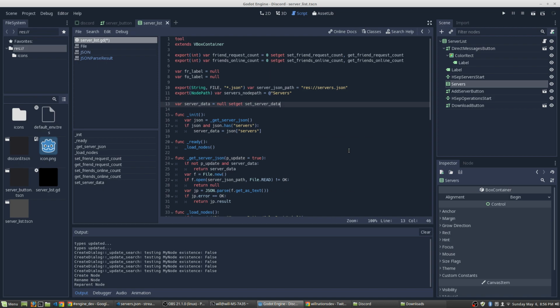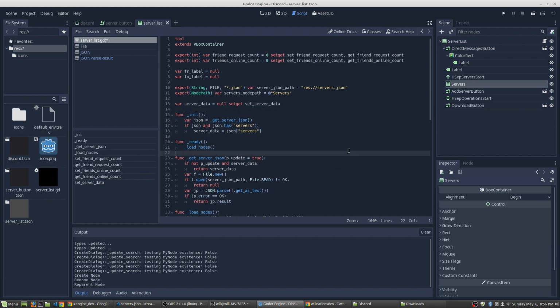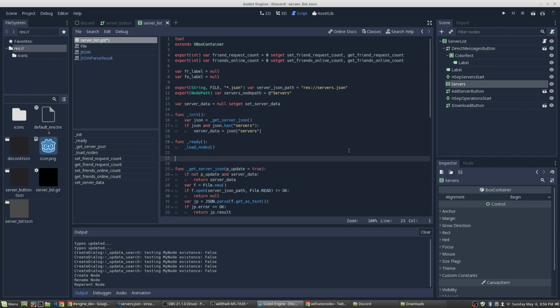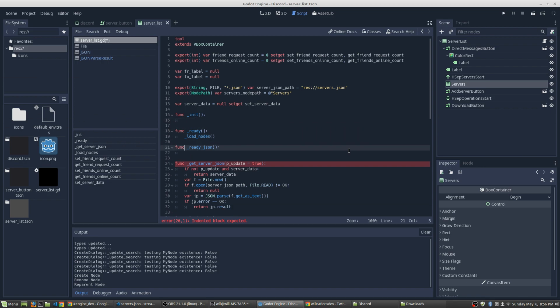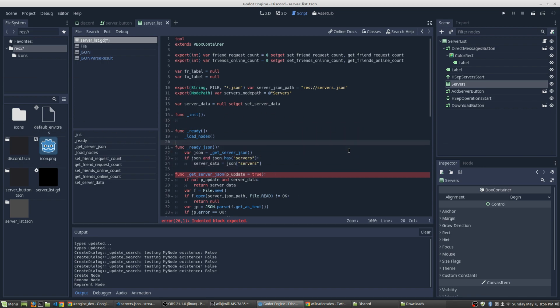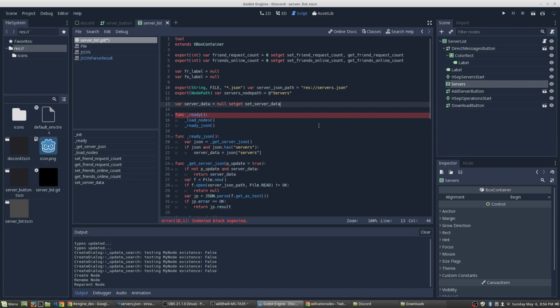I can create a method, func ready JSON, with the exact same stuff that we're doing here. We are setting up our JSON data, but we're going to be calling this in the ready method because we are now depending on a child node to exist,